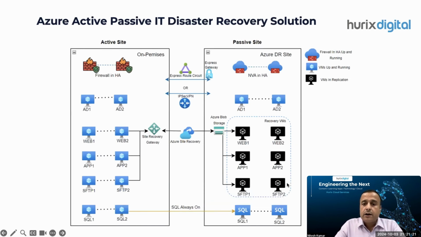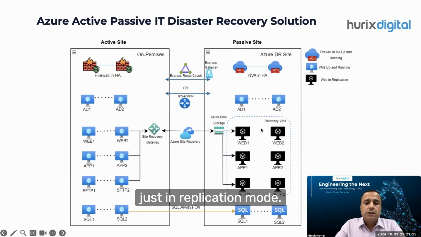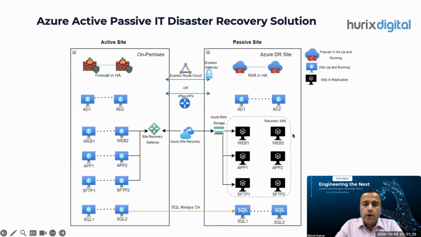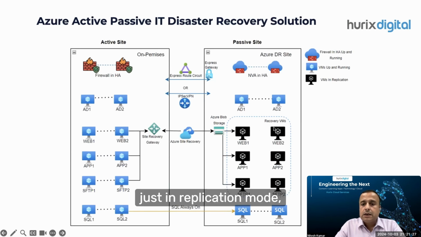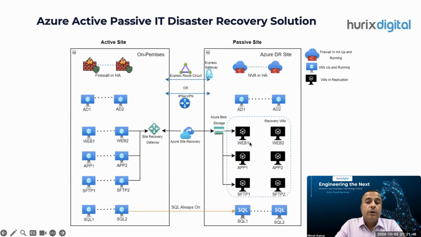Rest of the servers and compute resources will be just in replication mode. When a service is in replication mode, it is simply getting copied to Azure, and you just need to pay for the cost of storage. You don't need to pay for compute resources like CPU, memory, and RAM. These resources will just be getting copied, and they will be activated when there is a disaster